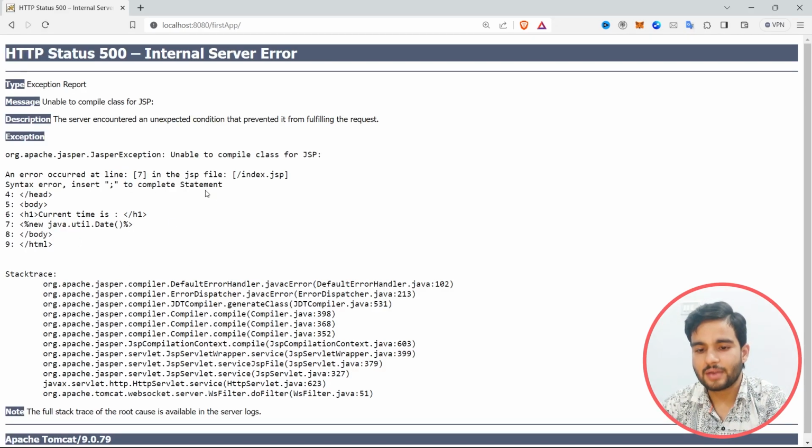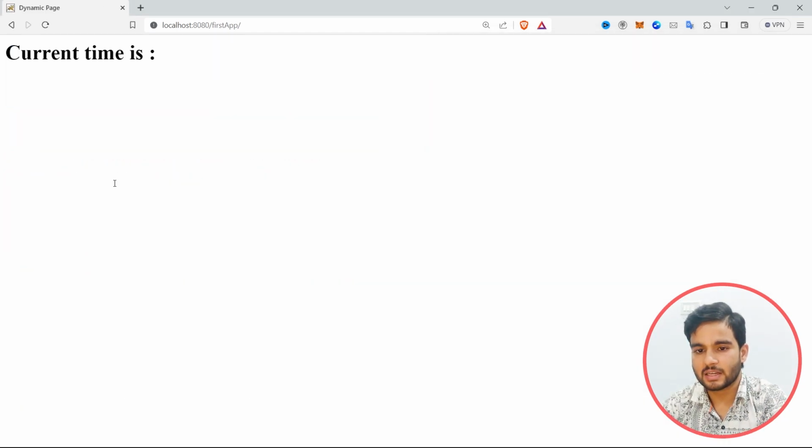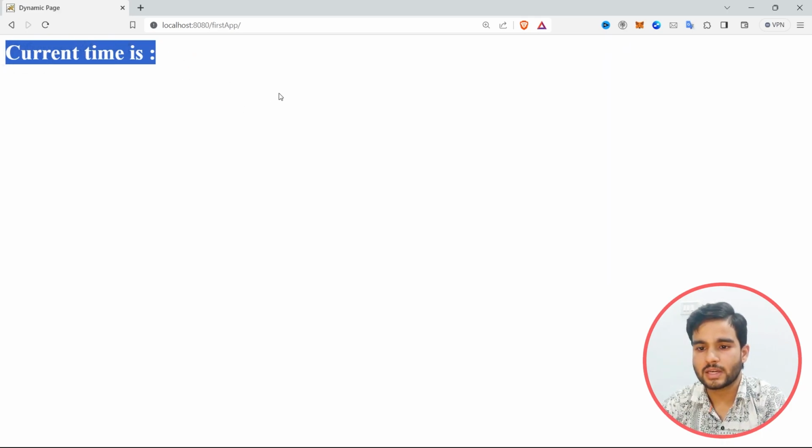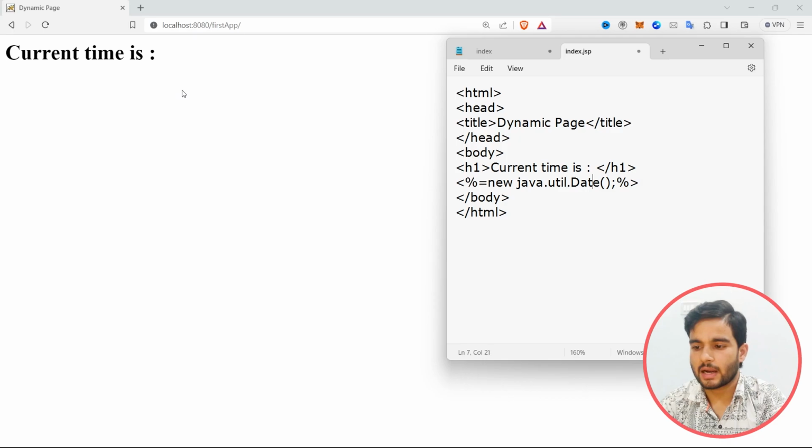When we have given F5, it is showing that there is an error, and it is saying "insert semicolon". The semicolon is not there, that's why it has given us the error. So let's give the semicolon and let's refresh it again. As you can see, it is not showing anything. Current time is nothing here, it is not showing anything. Let me see what the problem is. As you can see, we have to give equal to here, and let me remove this semicolon now, and